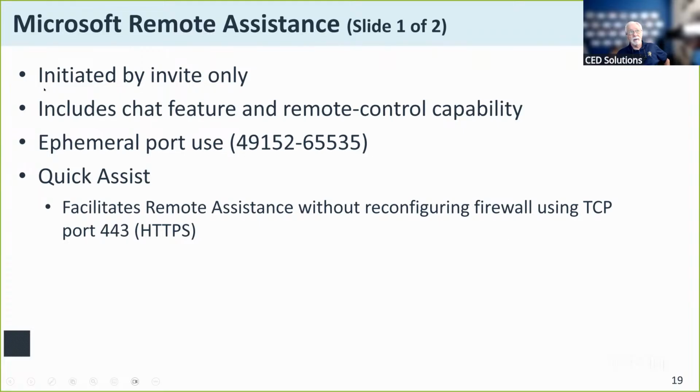Again, with RDP, you have to be invited to basically log in and take control of that system. And it does it in a very secure mode in that it dynamically generates what would be considered an encryption key or an access key, and then exchanges it. It selects that reach back connectivity on what they call ephemeral ports, and it just randomly selects these from the port range from 49,152 and above.